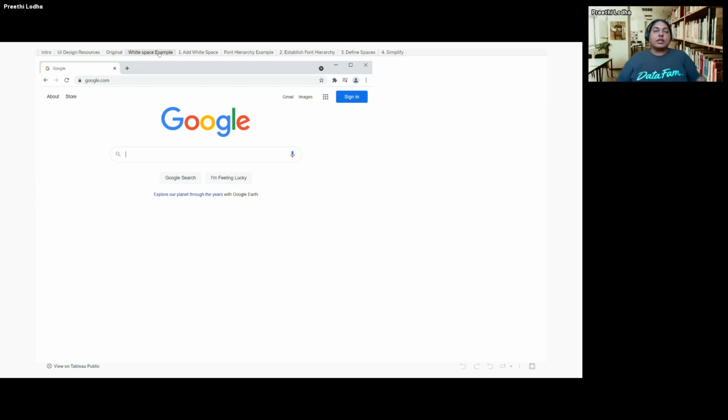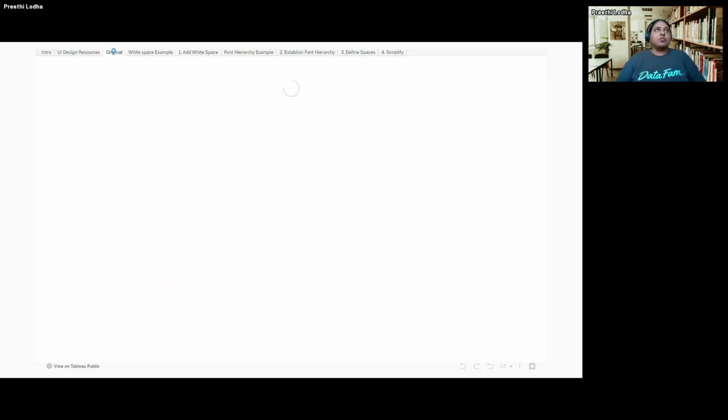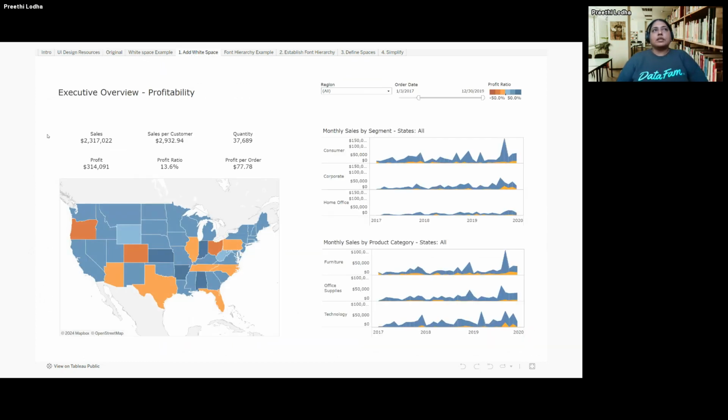Taking up the original dashboard, we are going to apply some white space to it. As soon as we did this, you see already that it's breathing much better. Again, I'm going to walk you to the original one. Everything is just side by side. There's not enough room for breathing, but I've moved a few icons around. I have grouped the KPIs into one quarter. I've moved the map, and I have created this white space in between so that it gives a separation. Now your eye has a clear pathway of figuring out what you are looking at rather than looking at a busy dashboard.